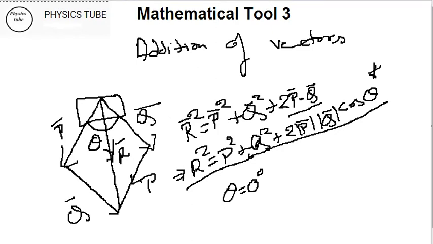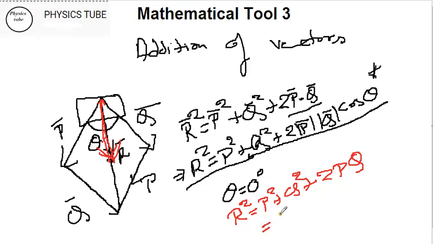I'll change color and show you. The P and Q, that means P and Q will come here. This is 0. That means P is also here and Q is also here. Now let us go to this formula. Then the resultant will be R square is equal to P square plus Q square plus 2PQ cos theta, cos 0. Cos 0 is 1. So instead of writing P magnitude or Q magnitude, I can simply say 2PQ directly.